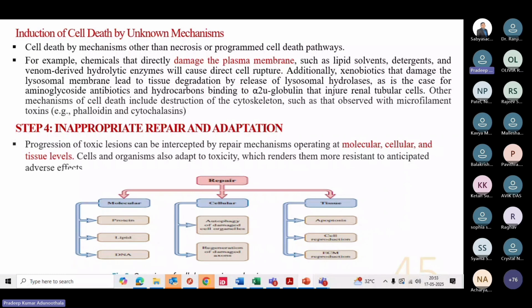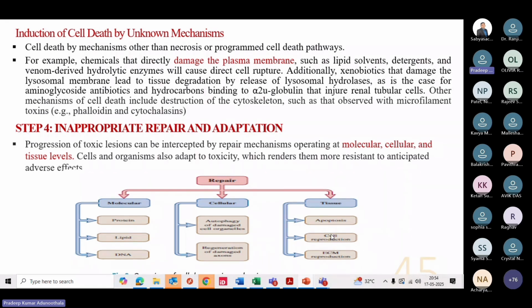And here is the representation of this step 4, where repair happens at the molecular level, cellular level, and tissue level. At the molecular level, protein repair, lipid repair, and DNA repair happen. At the cellular level, the repair happens by autophagy of damaged cell organelles or regeneration of the damaged organelles, axons. Coming to the third one, tissue level repair, where the repair happens by apoptosis, cell